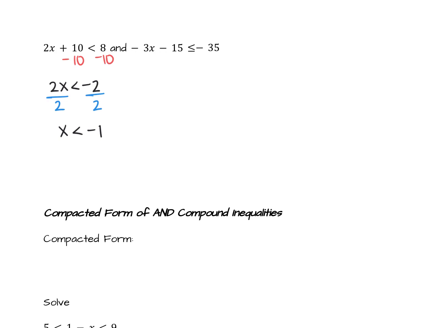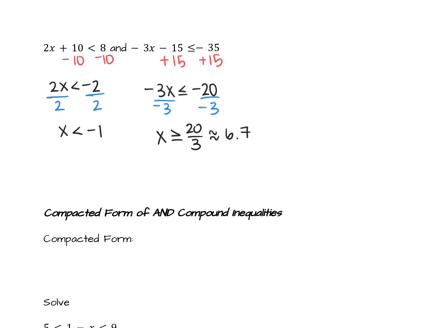Okay. Second inequality, we're going to start by adding 15. So we get negative 3x is less than or equal to negative 20. Then we are going to divide by negative 3. Now in this case, I am going to flip my inequality. So we get x greater than or equal to 20 over 3, which is about 6.7. It's actually 6.6 repeating. But when we go into our number line, I'm going to want to